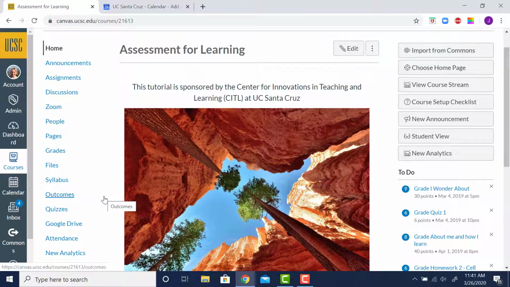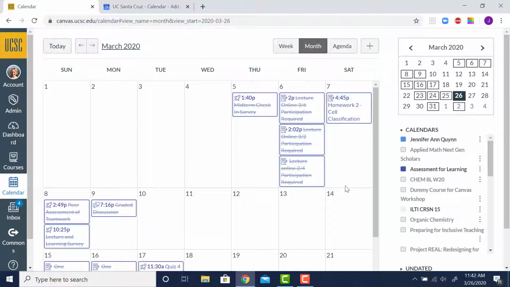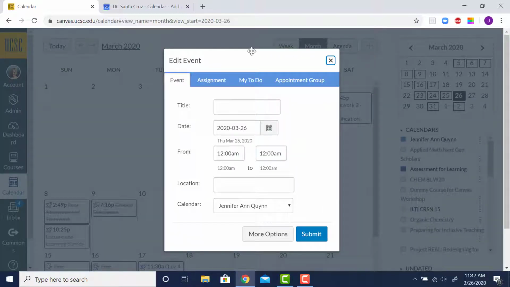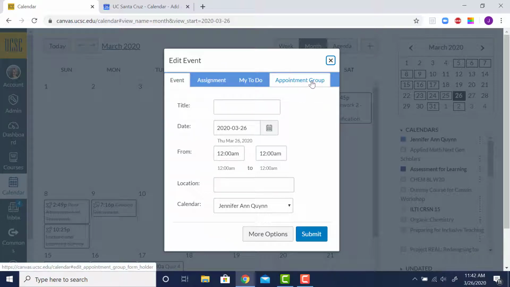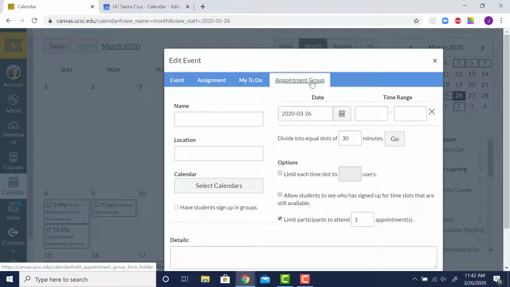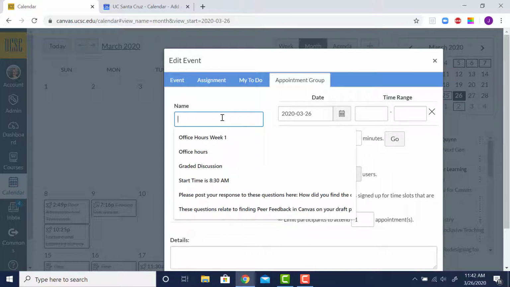So here I am back in my Canvas course. I went there by going from the dashboard to my tile, clicking on the tile, and taking me into my course called Assessment for Learning. And here is the calendar. And from the calendar, you look up here, you have a couple different choices, but you find this plus symbol and Create New Event. I'm going to click on Create New Event. And then there are some tabs here, and you get to Appointment Group. Click on Appointment Group. I'm going to name this Office Hours,